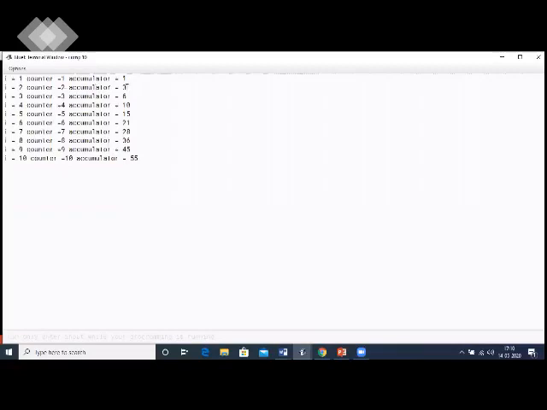But accumulator, what happens over here? 3 is there. That means it is 1 plus 2, 3. i's previous value, accumulator's value was 1. So now when I have added i's value, it becomes 1 plus 2, that is 3. Next, i's value is 3, counter increases to 3 again, but accumulator, which was 3, will now add the value of i, next 3, and we get 6. In this way, it works.